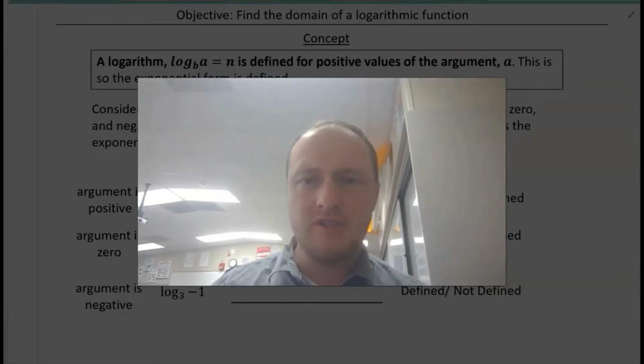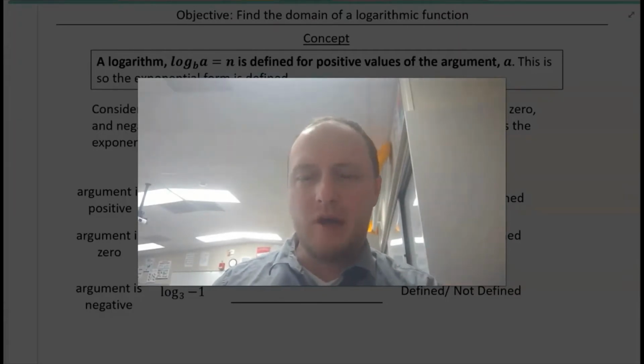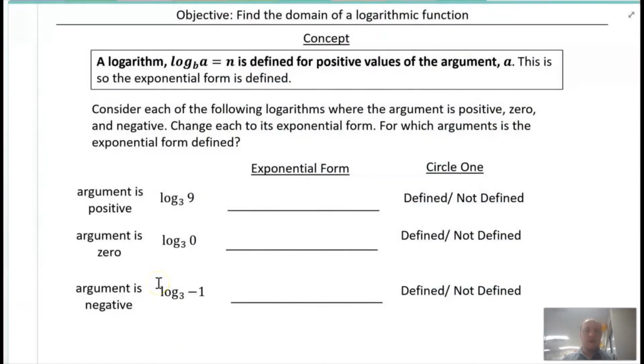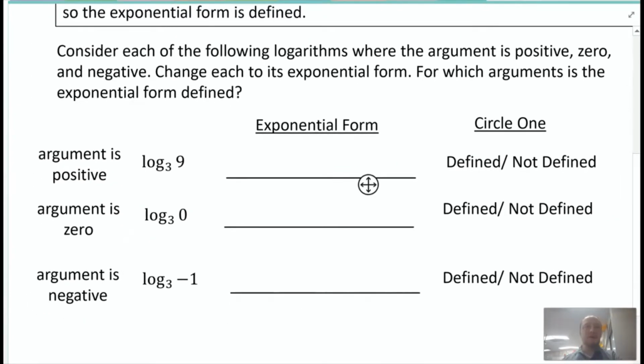And I'm going to start off this lesson with kind of an investigative approach. We're going to consider three cases. So if we consider the following logarithms, where the argument is positive, 0, and negative, we'll change these to exponential form, and then we'll see, okay, is our function defined or is